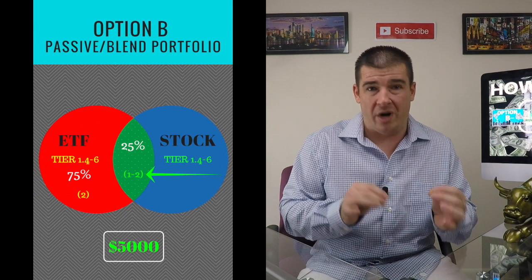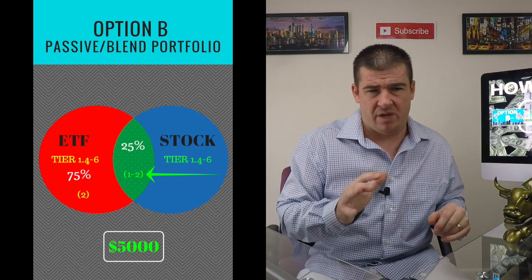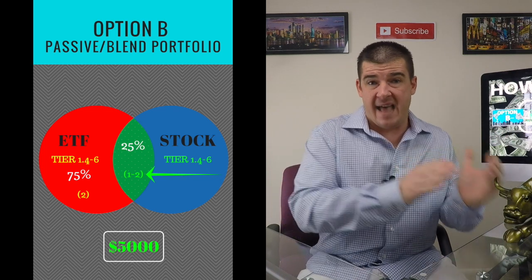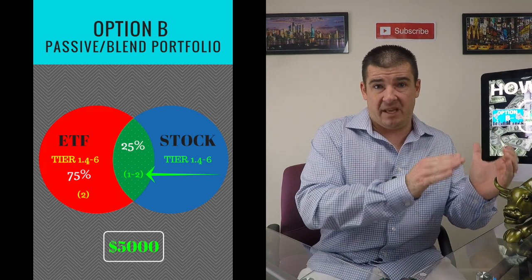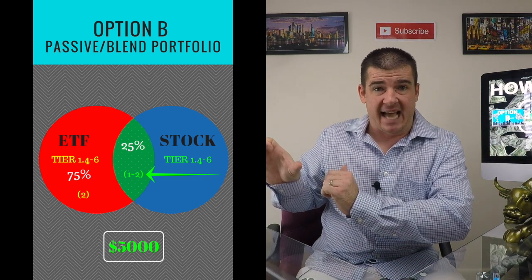All right? And so the other 2 options that I talk about within the Facebook group on how to maybe potentially look at breaking down $5,000 that you may have is to go ahead and go with a passive blend portfolio where you take 75% of these dollars, just around maybe $3,000, a little bit more, and devote that to your passive investment options. And then you take the remaining 25% and you allocate that to a stock portfolio, right? So you kind of see how these numbers, 75, 25, right?